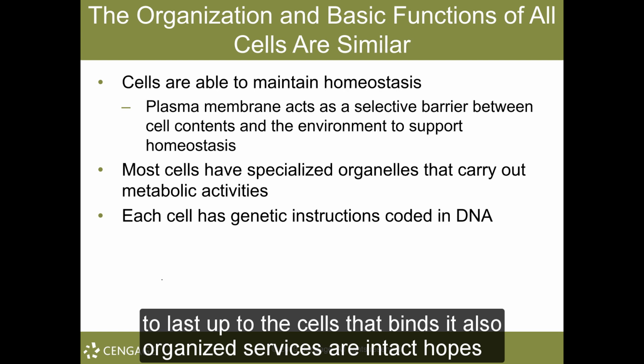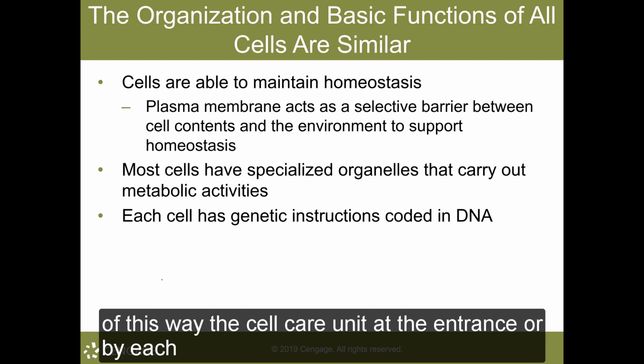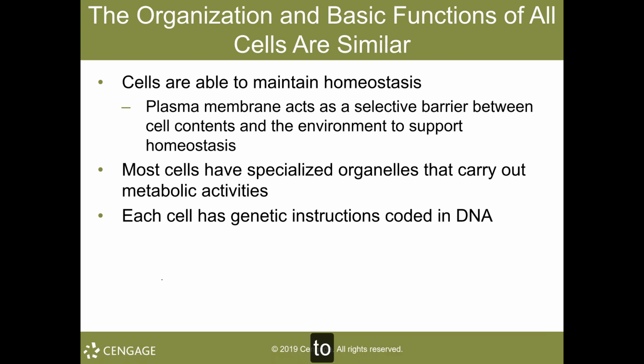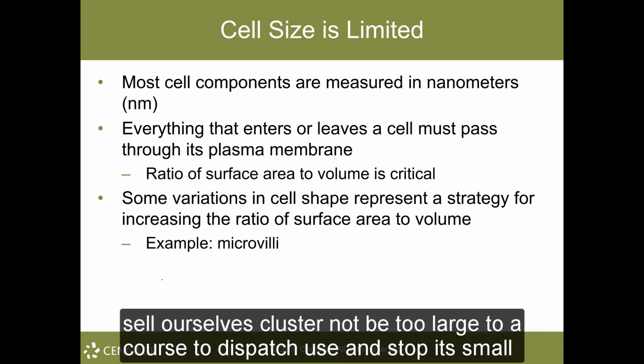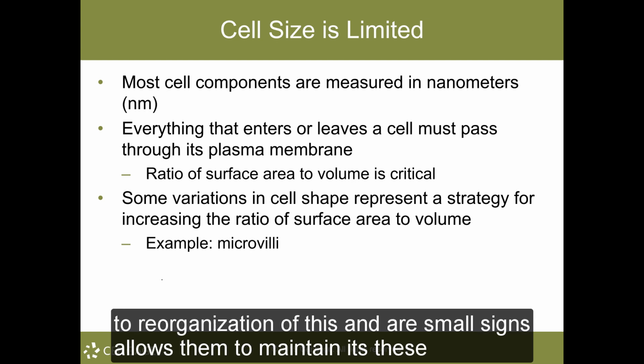So lastly, I'll get to the cell's membranes. They also, of course, organize the surfaces for interacting proteins. So this way, the cell can communicate and even transport things by use of those proteins. So our cell, class, cannot be too large, and of course, it is not efficient if it's too small. So the organization of the cell and their small size allows them to maintain homeostasis well.